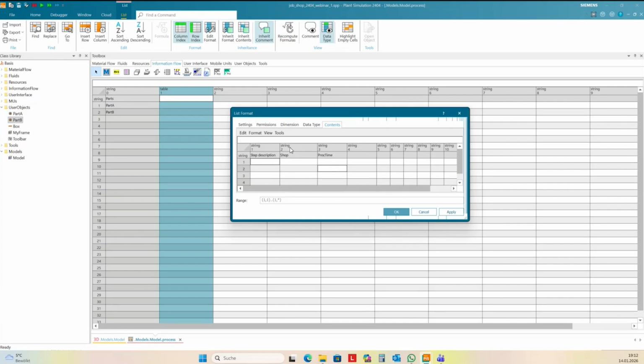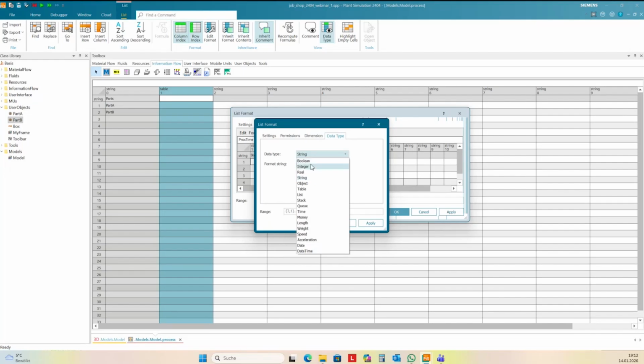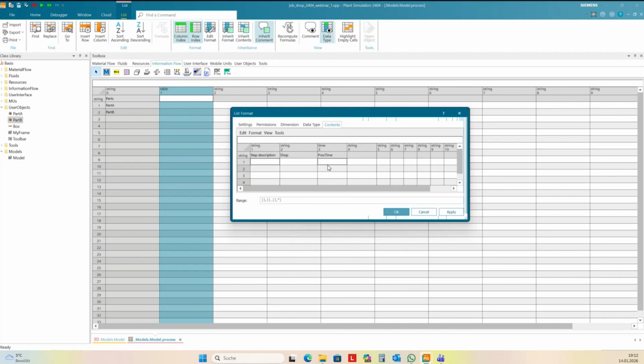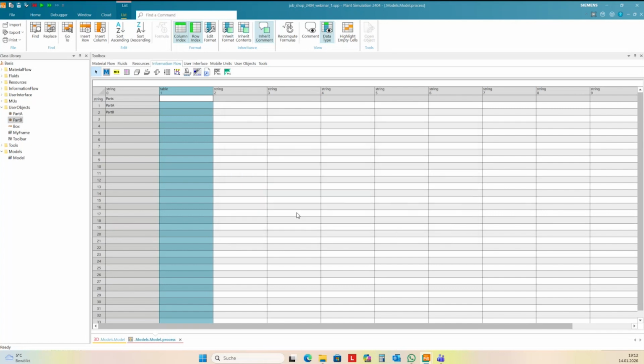And we need to change the data types. The shop I want to have here as a string, and proc time needs to be time. So I format this column as time. You can place here more information about the process, but for our basic example, this is enough. So I click apply.